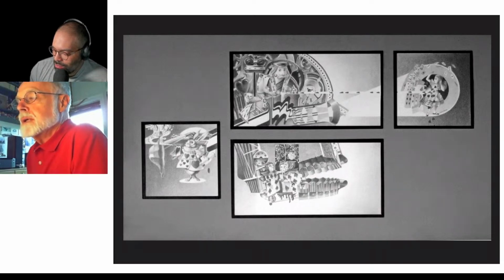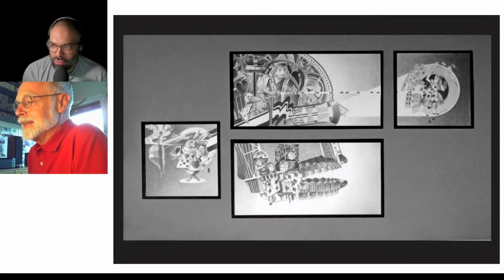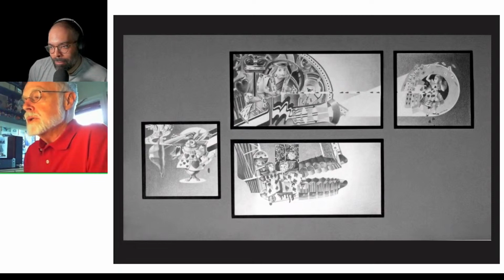So what version of Photoshop was this done in? Yeah, right. And this is Alice in Wonderland, right? Yeah, this is based on Tenniel's